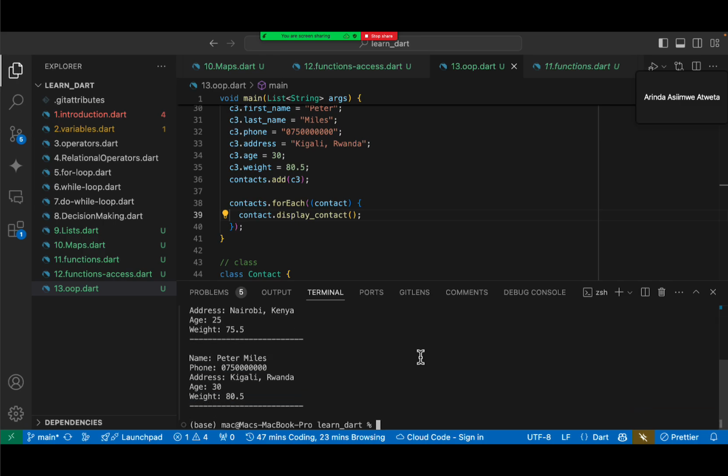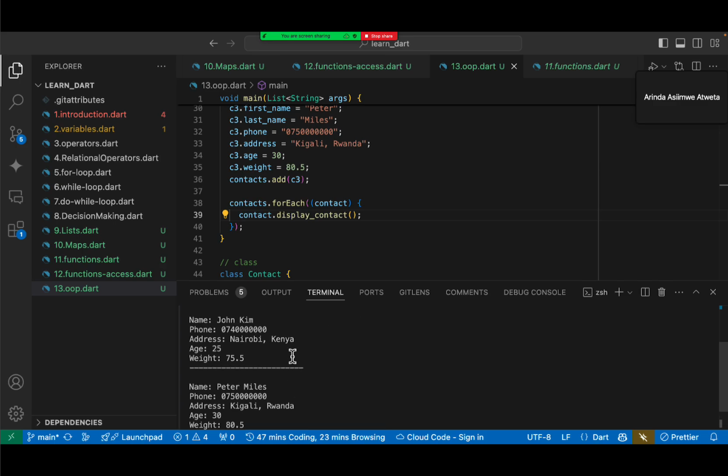Okay, so let's look at what we call static methods. So static method here, you can only call this one on an object. What